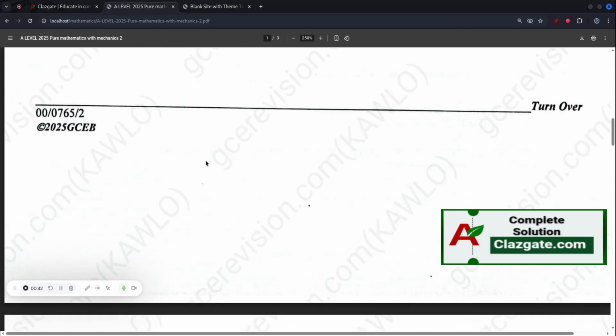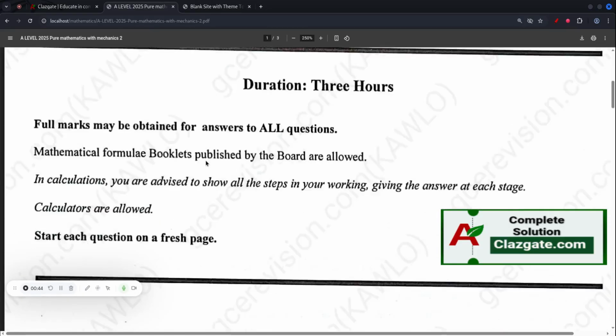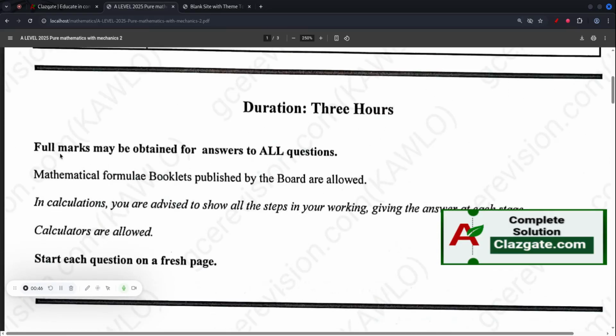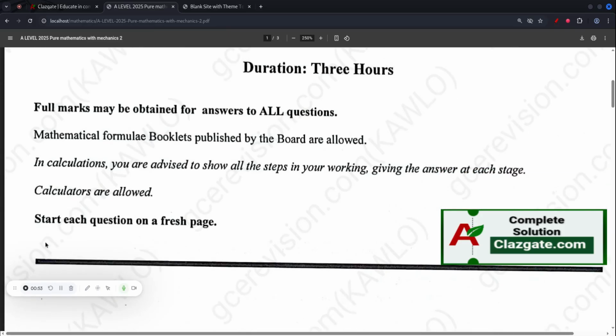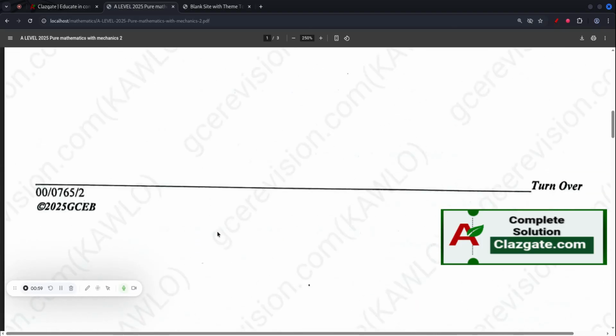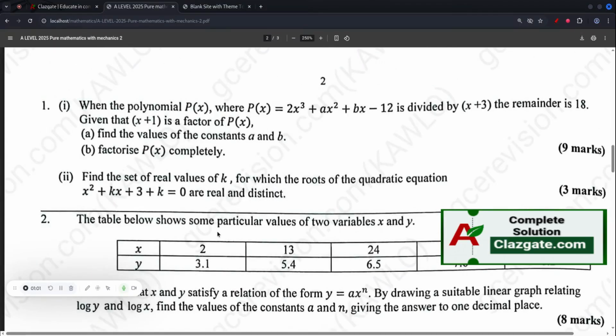And our duration is 3 hours. We have it here, 3 hours. Full marks will be obtained for answering all the questions. And don't forget we're starting each question on a fresh page. So ensure you start each of your questions on a fresh page. And let's get started. So question number one says, when the polynomial p of x,